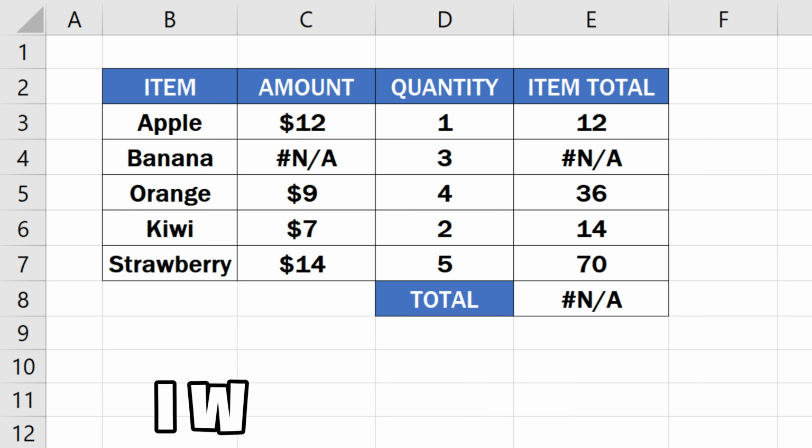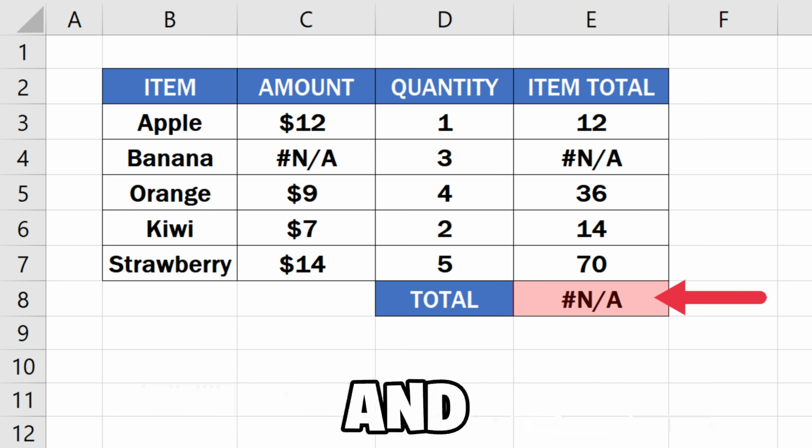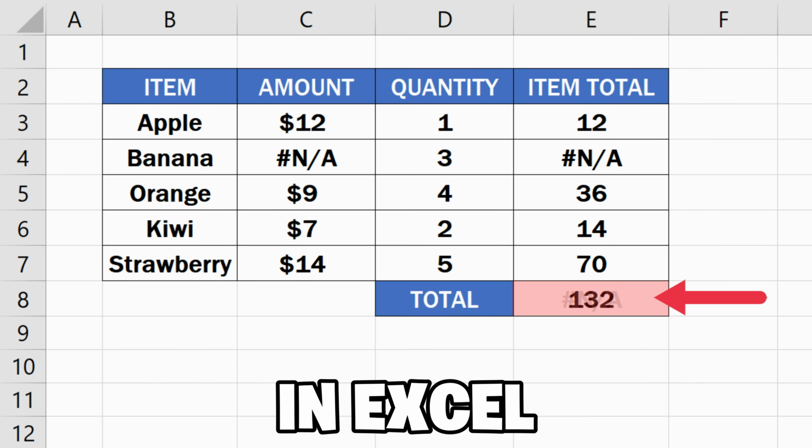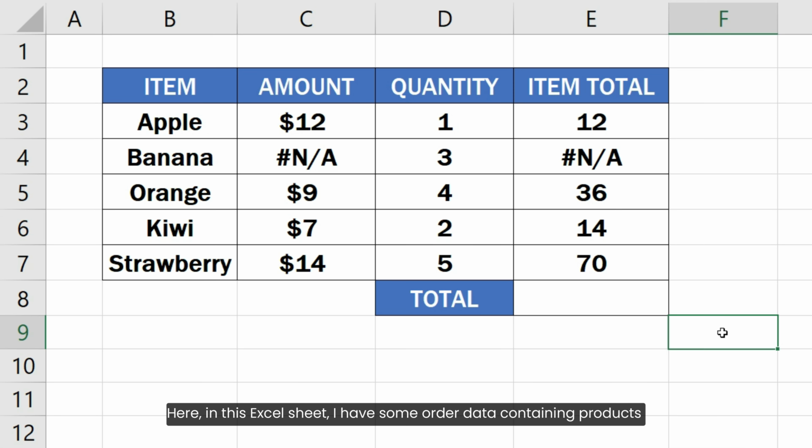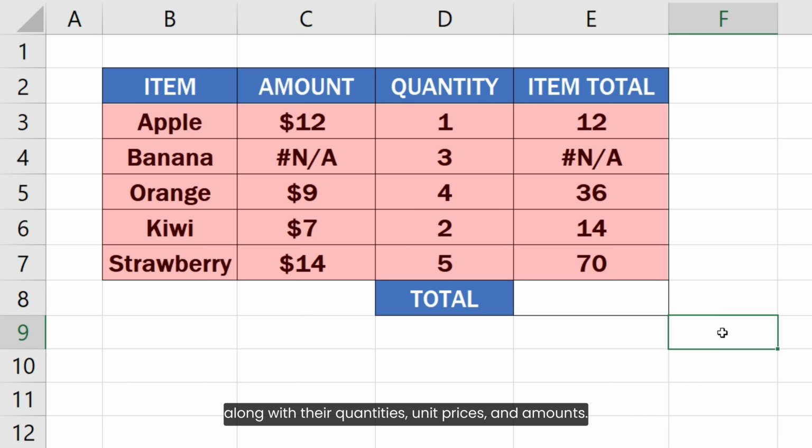In this video, I will show you how to sum values and ignore errors in Excel like this. So let's get started. Here in this Excel sheet, I have some order data containing products along with their quantities,